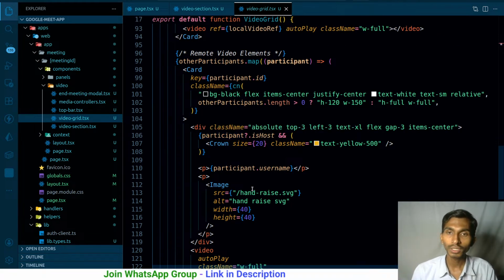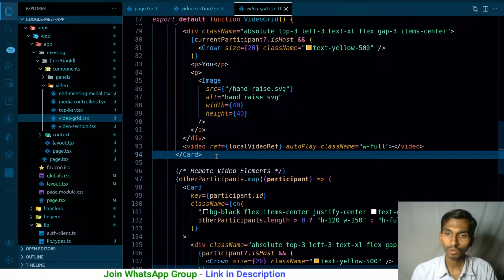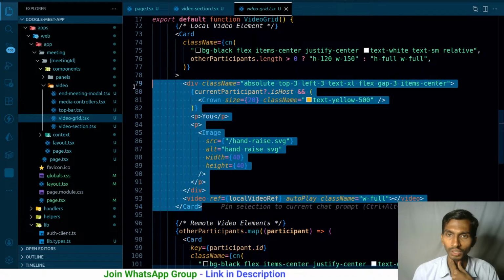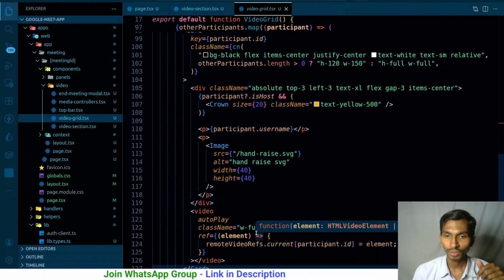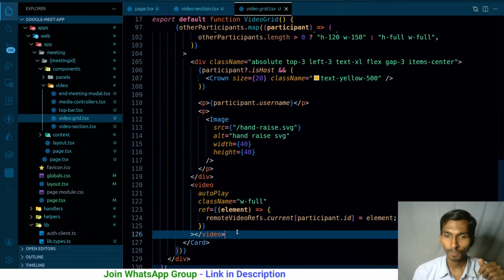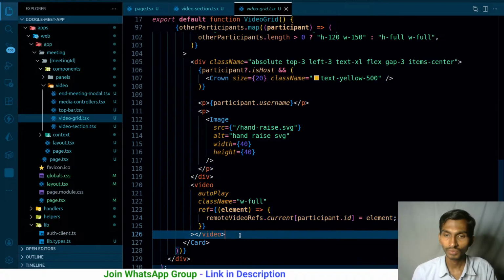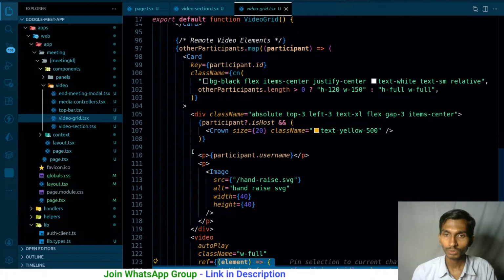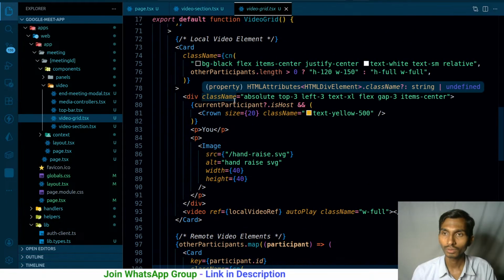And when it comes to creating a component, let's make it like this. How can I create it? Because the same code is being repeated over here. The same code I have written here as well, and similarly the same code has been written here too. But there is a difference, and the difference is in the video element. So over here I will have to pass this whole thing there: participant.username, crown, participants, card, length.